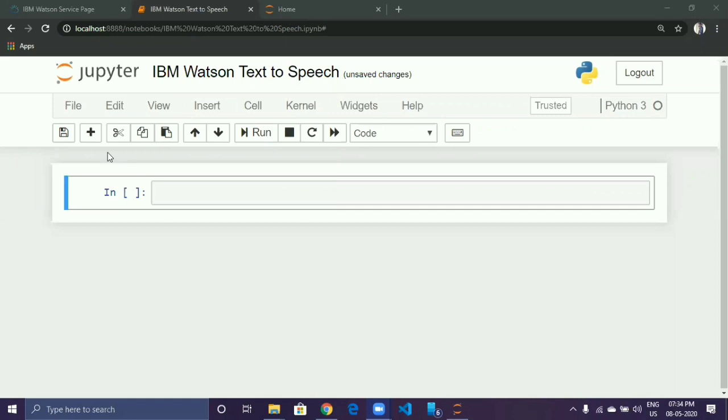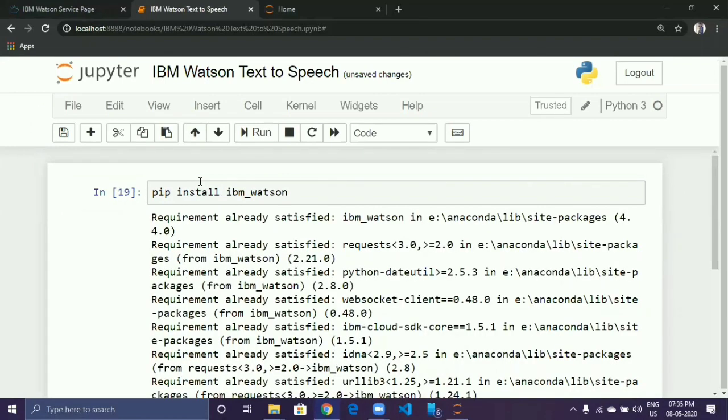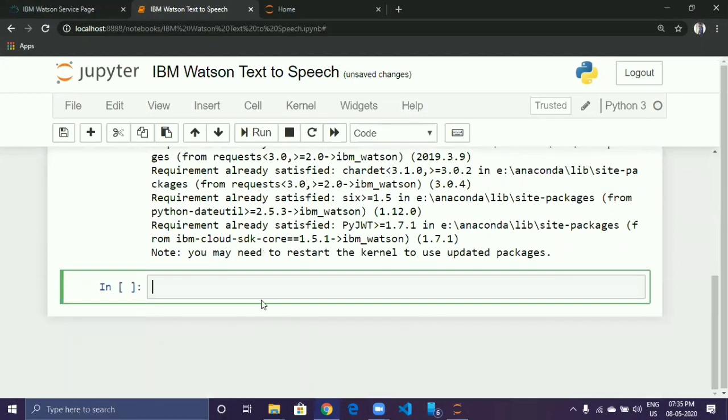To install these two Python modules in your system, enter pip install IBM Watson. To install IBM Cloud SDK core in your system, enter pip install ibm_cloud_sdk_core.